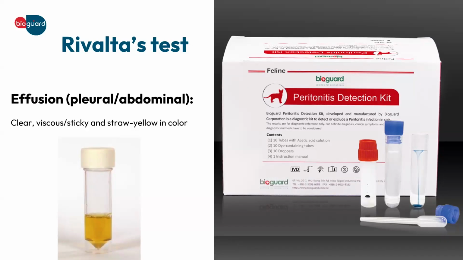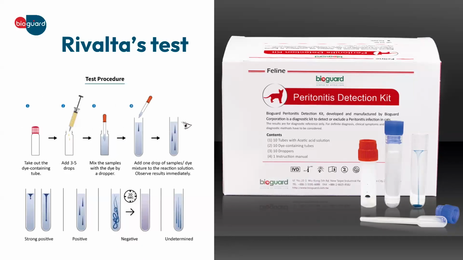For example, at Bioguard, we have developed an FIP detection kit, which is actually a Rivalta test, very easy to perform. Once you have collected the fluid, you can mix it with the detection dye and then load the fluid into the third bottle, which has some solution or buffer inside. When this liquid is dropped in the buffer, it forms a certain pattern